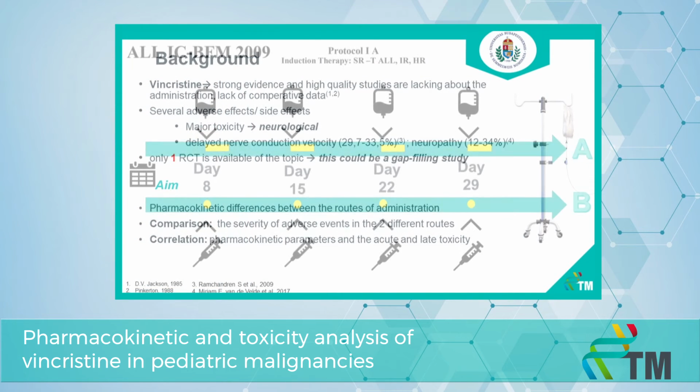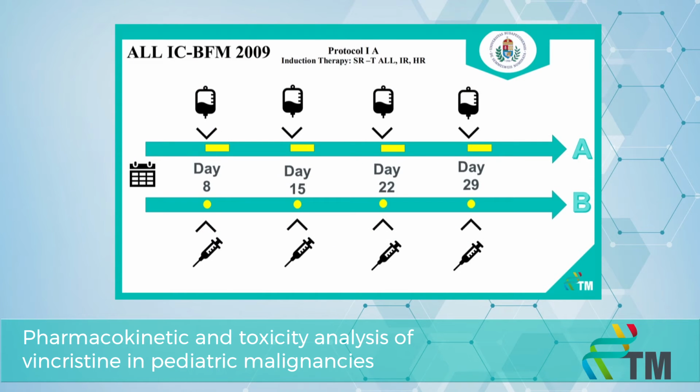the level of toxicity. So regarding the used acute lymphoid leukemia protocol, we would like to perform a two-arm clinical trial. In the first arm, vincristine will be administered as a 3-hour-long infusion, and on the other arm, it will be administered as a conventional push injection. These are the days of the protocol when vincristine is administered during the induction therapy. And the pharmacokinetic measurements will be done when the first dose of vincristine is administered and when the fourth dose